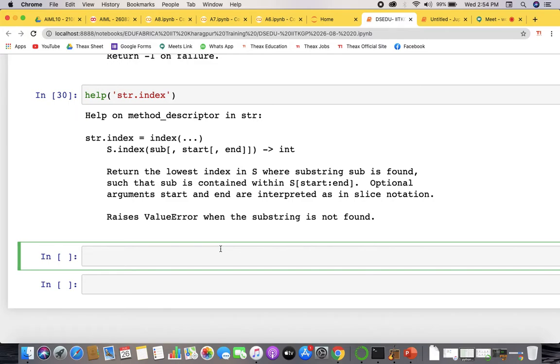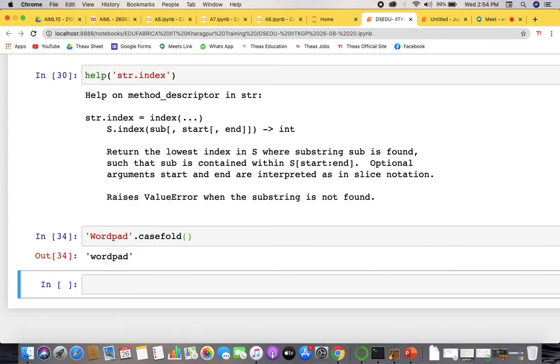Okay, we saw the casefold and count. So let's say it is word, and then you say casefold. What casefold does is a caseless comparison.